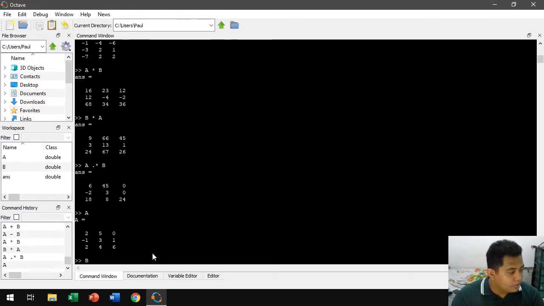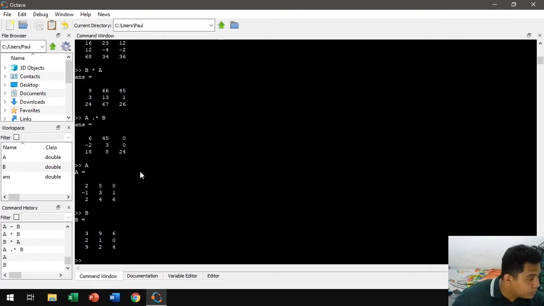Let's see if this is actually correct. 2 times 3 is 6. 5 times 9 is 45. 0 and 6 is 0. 2 and negative 1 is 2. So this is pretty much correct. I'm yet to discover what the use of element-wise matrix multiplication is in the real world.